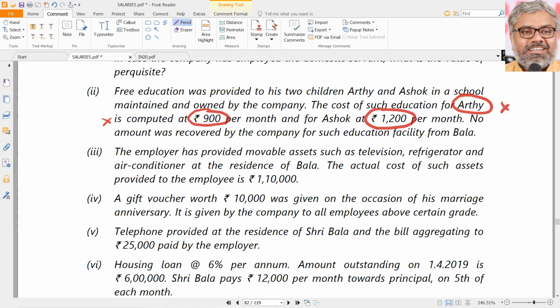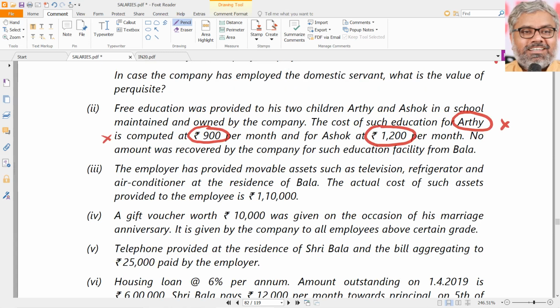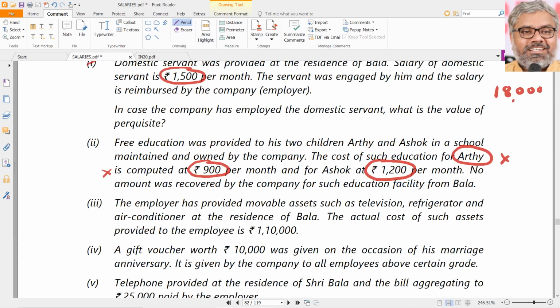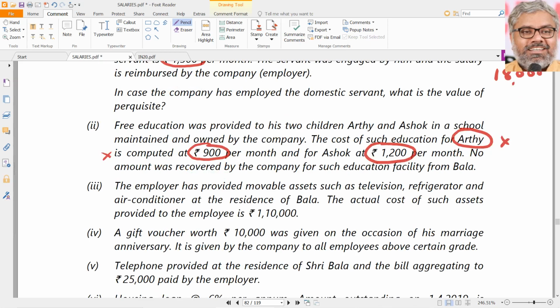But the question comes about Ashok. There are again, as we discussed earlier, multiple views. Since the amount has crossed 1000, the entire 1200 can be taken as taxable, or alternatively, only the excess over 1000 rupees, 200, is taxable. From the strict interpretation of what the words say in the rule, let us take it just like gift. Why take them inconsistently? Gift also, educational facility also, let us take a stricter interpretation. The entire amount is taxable. That comes to